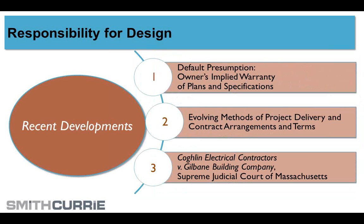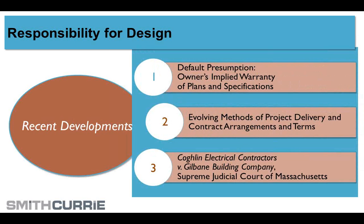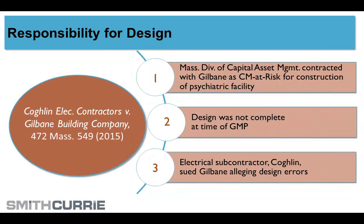So if you drew it up like one of the neat org charts that I had when we were together before, you would have owner, and design professional out here with their own line connected only to the owner. And then the owner has a contract with the CM to do the construction, and that was Gilbane. Well, the problem, though, was that if you read Gilbane's contract with the owner, their CM, it didn't say design-build, it said CM contract. But if you read, not even the fine print, if you read the contract itself,